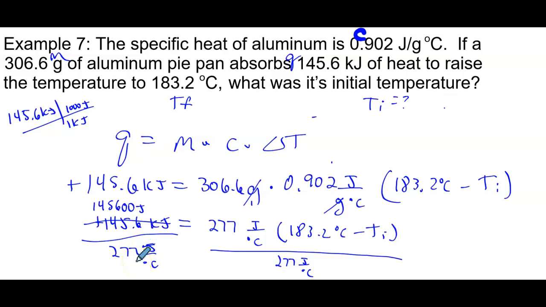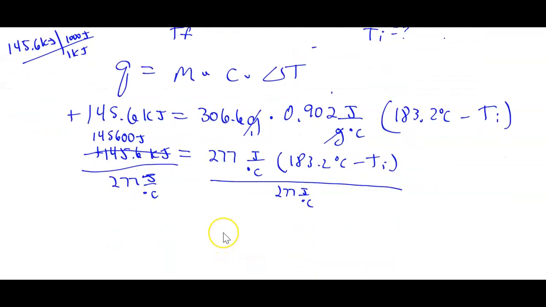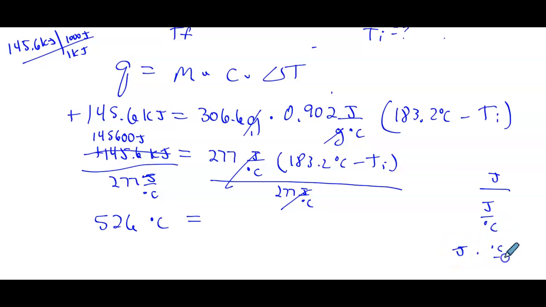So 145,600 divided by 277. Remember, on this side, things will completely cancel. Over here, we're going to get, with 3 sig figs, 526 degrees Celsius, because that unit will flip up. Think about that. We have joules over joules per degree Celsius, so joules cancel because I'm flipping it, right? When I divide a fraction by a fraction, I flip it. Okay, equals